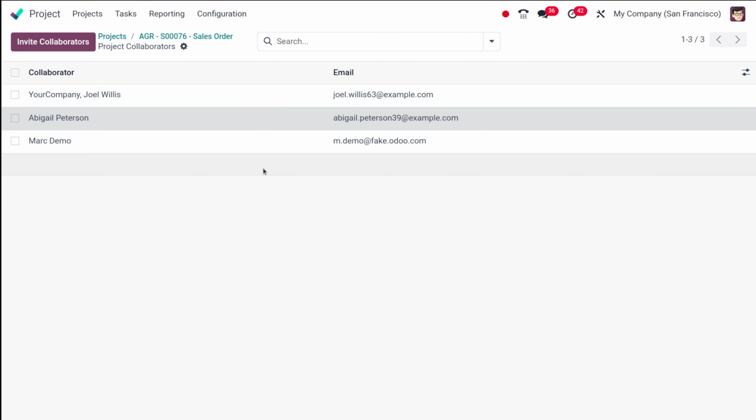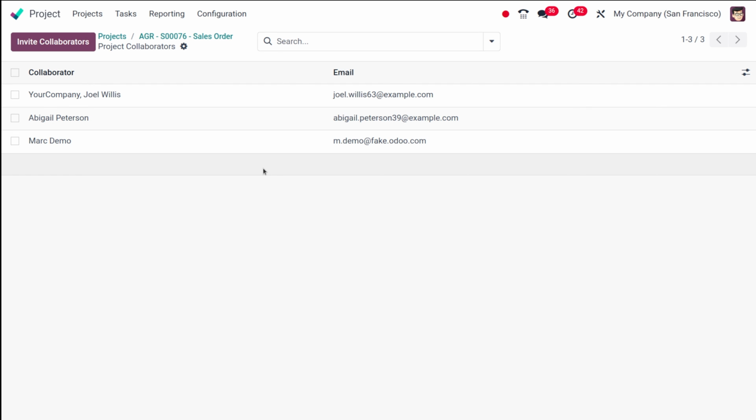Now, what are the benefits of adding collaborators? It will actually improve your communication. So these followers or the collaborators receive notifications about project updates, task creations, and discussions, keeping everyone informed. And then you have enhanced collaboration, which means team members from different departments can stay in the loop, fostering collaboration and a sense of shared ownership. Then you will have increased visibility, where management gains more insights into project progress without overwhelming assigned team members.